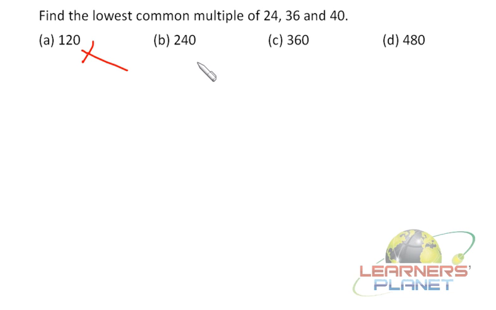Now let's take 240. 240 is a multiple of 24, but again it is not a multiple of 36. So it is also cancelled. Now let's see for 360. Okay, 24 is a factor of 360. Yes, because 24 5s are 120 and 120 3s are 360. So 360 is a multiple of 24. Similarly, 360 is a multiple of 36 and 40 as well. So 360 will be the correct choice among the given options. Okay friends,